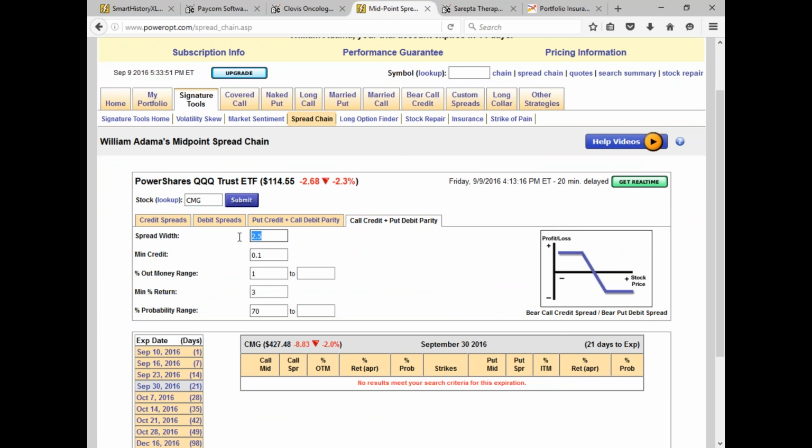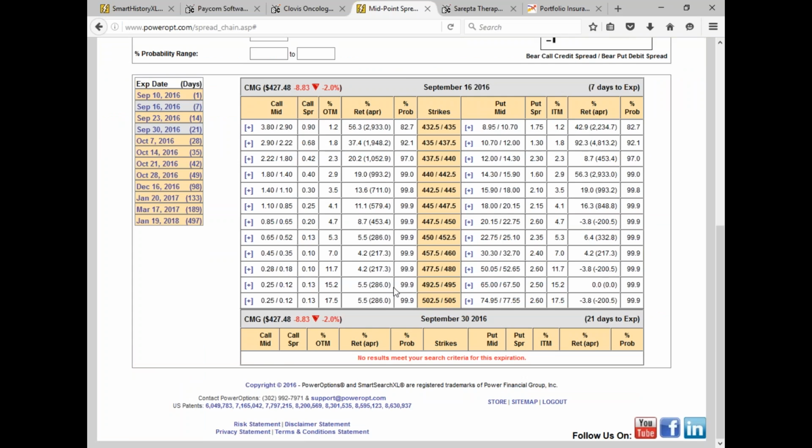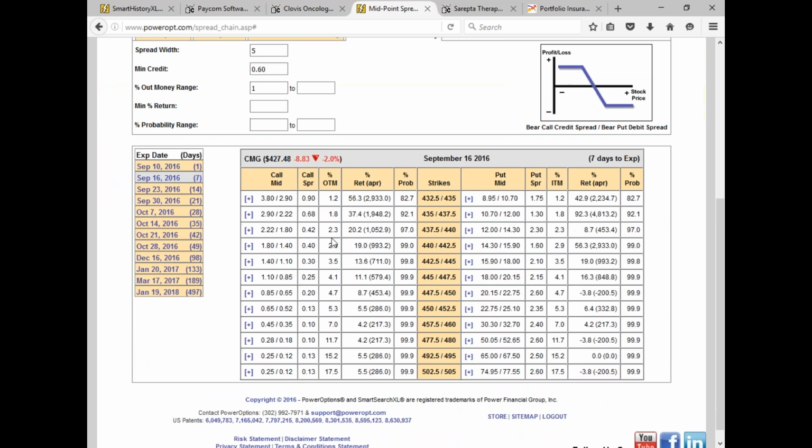So we're going to use CMG. I want a spread width of 5, minimum net credit of 60, and at least one, but let's wipe everything else out. Don't care about that. And let's look for next week. Okay, take that out. All right, so yeah, using the midpoint,